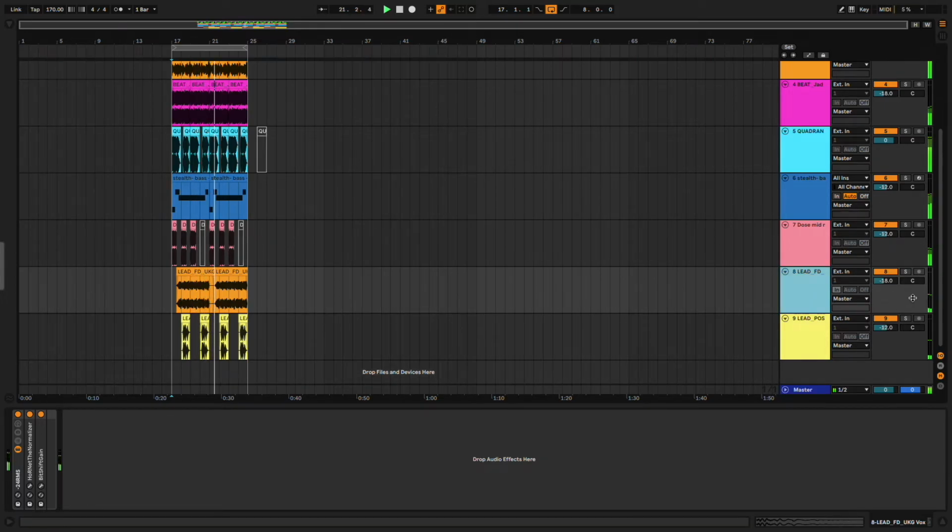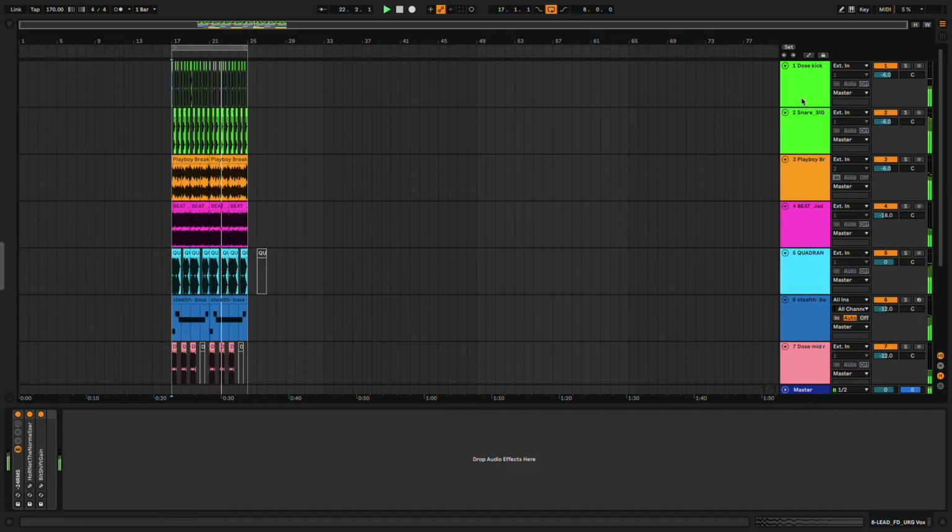Maybe it's too dynamic, and that RMS peak has knocked the measurement down to a certain point, and you want to squash it a bit more. So this is a starting point, and I can go ahead and saturate my kick and snare and so on,